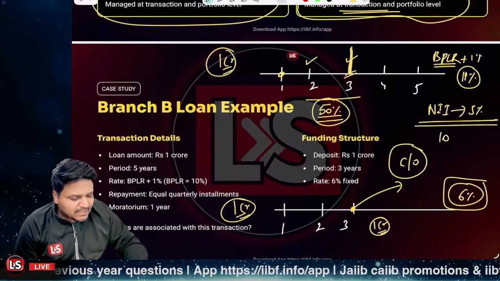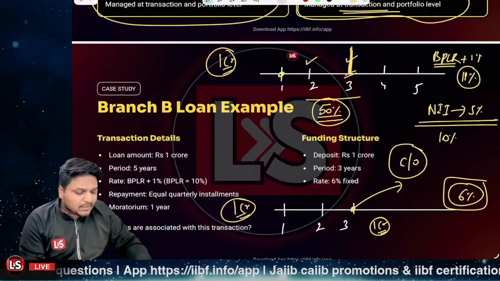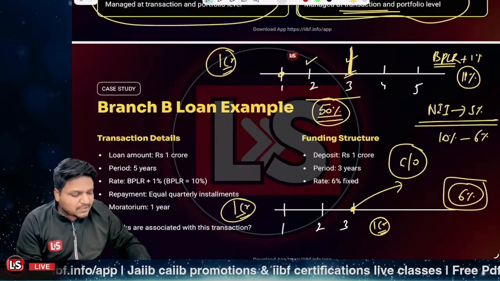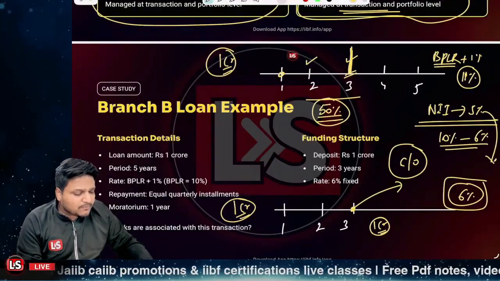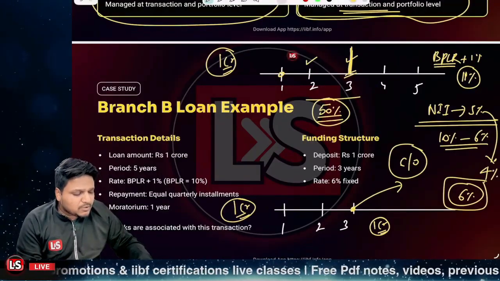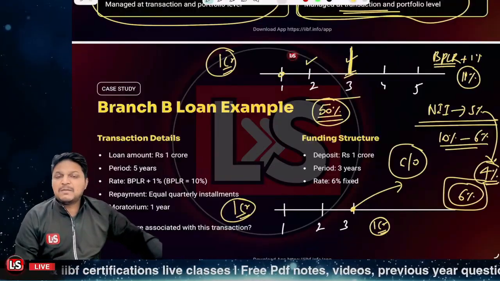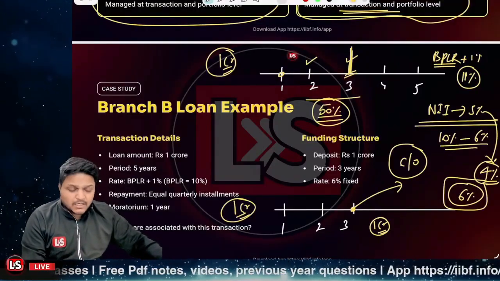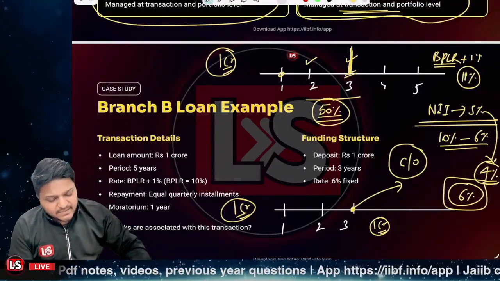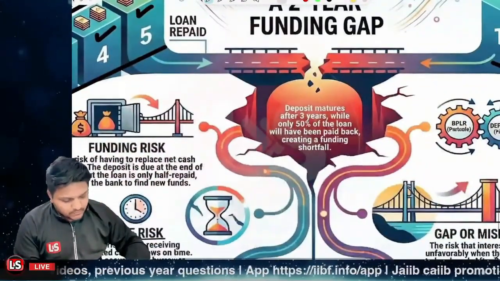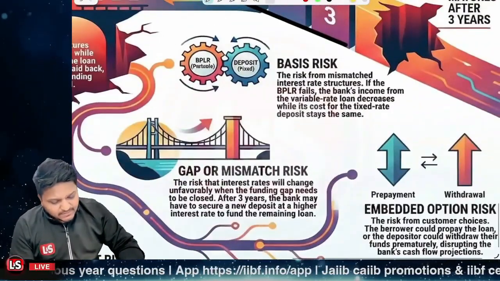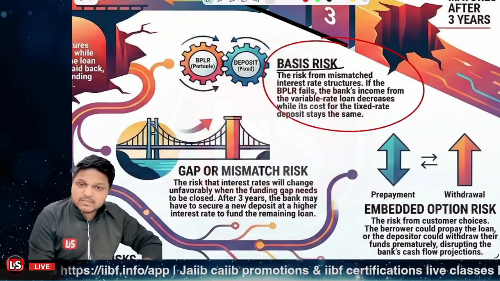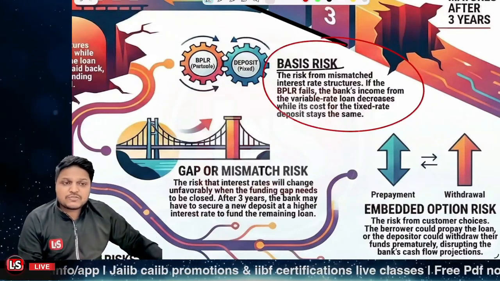Now, in the next thing, we are having the BPLR at 10%, but on the fixed deposit, we are paying a fixed interest rate of 6%. So our NII is now reduced from 5% to 4% because of the different basis of the interest being paid on the asset as well as on the liabilities. Clear? Right? So definitely the basis risk is also associated with it. So we can simply say that the basis risk is associated here, right? So that was the second, that was the third risk which is associated majorly.